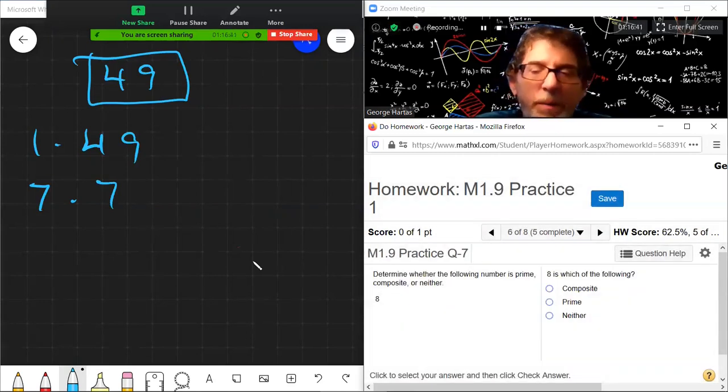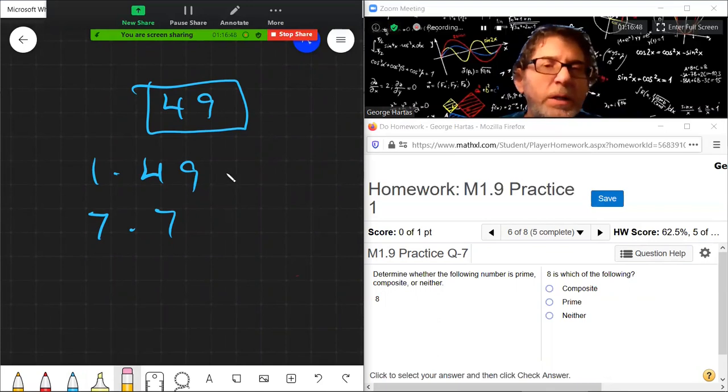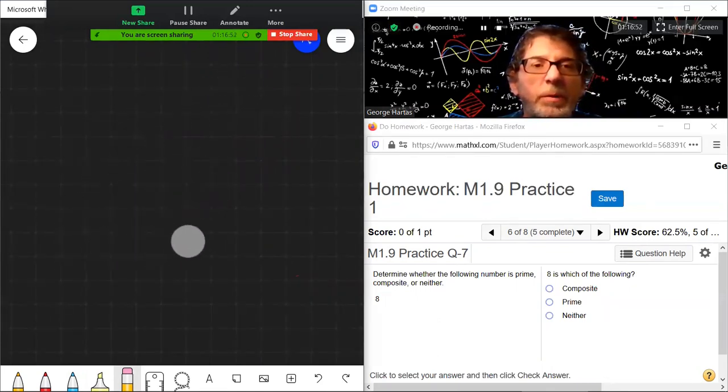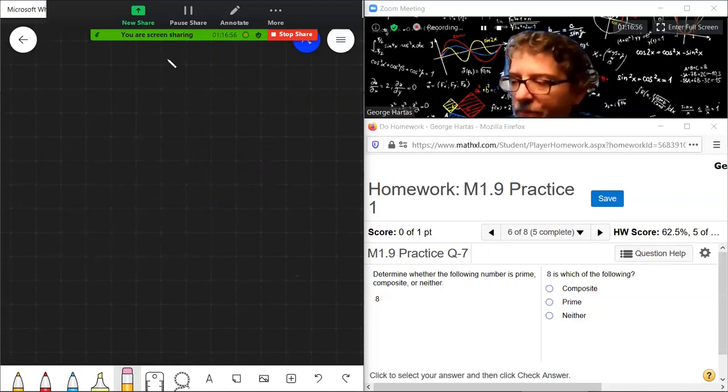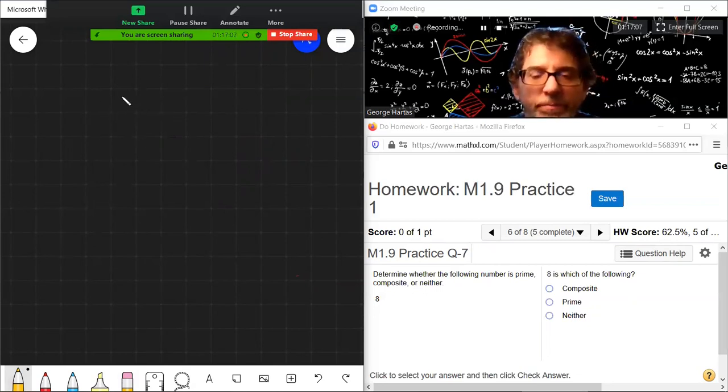All right, so now we're going to shift gears a little bit. We're going to talk about a concept called prime numbers. Prime numbers. Okay. A prime number is some number whose factors are the number itself and 1. Now, that's just a bunch of words, right? You probably have no idea what I just said. So let's take the number